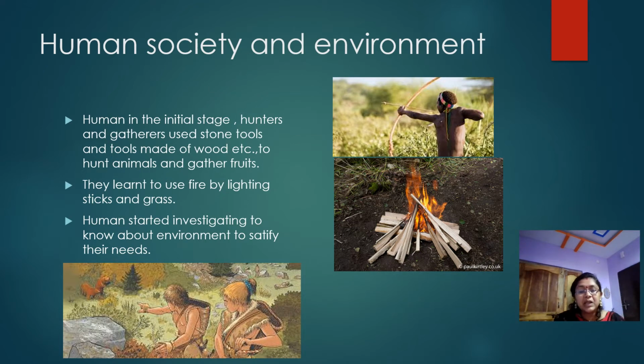Not only this, they also started to know that they have to wear clothes. In the initial stage, they were using some leaves to cover their bodies from sunlight and rain. And slowly they started to know that we can use the animal's skin also for clothes. They hunted animals to make clothes from them, and they used to wear them in order to